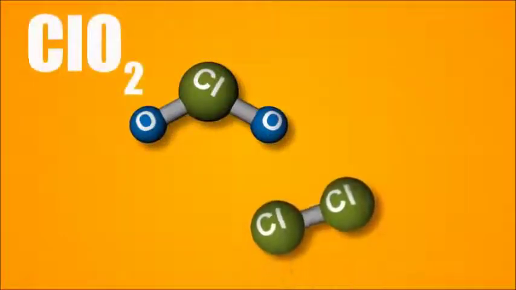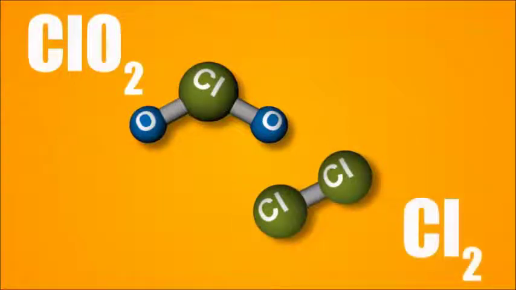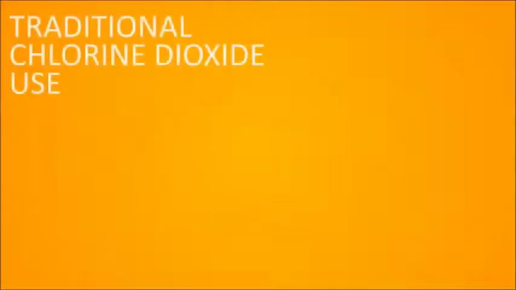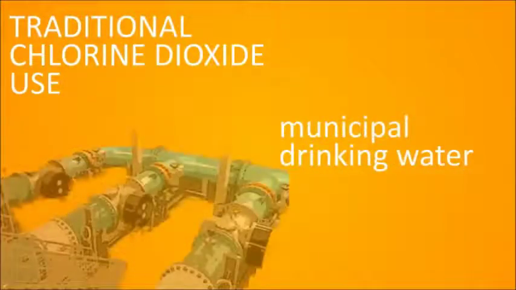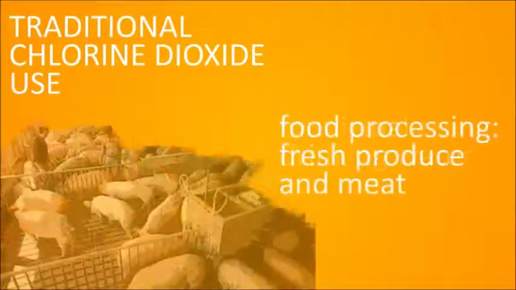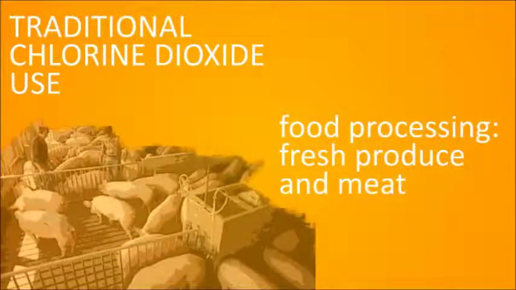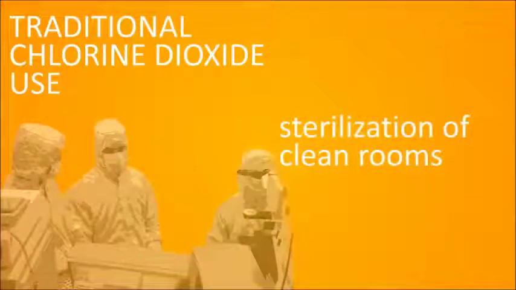It is very important not to confuse chlorine dioxide with chlorine, as these are two distinct chemicals which react very differently and produce separate byproducts with little in common. Traditionally, chlorine dioxide is used for bleaching and paper manufacturing and has been used on a large scale to disinfect municipal drinking water since 1956. The EPA has since registered its use for food processing, including fresh produce and meat, and the sterilization of clean